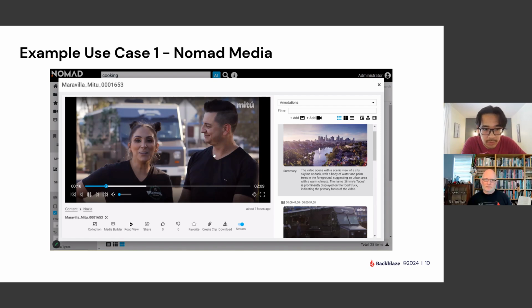You can see the summary on the right side. Looks like the video opens with a scenic view of a city skyline at dusk, with a body of water and palm trees in the foreground, suggesting an urban area with a warm climate. That's the power of the model: by processing the video, it can generate a textual description of what's happening in the video. That's incredible.